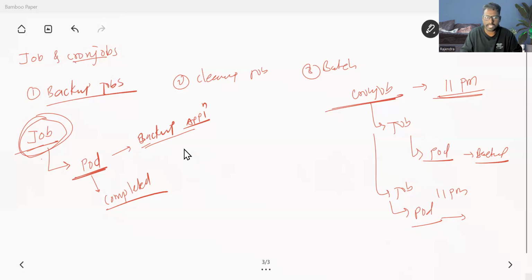We have some attributes that we should discuss. The first one is activeDeadlineSeconds. What is the use of activeDeadlineSeconds? Let's take an example of a backup job. It specifies the duration in seconds, relative to the start time, that the job may be continuously active before the system tries to terminate it. For example, let's say your job takes 2 hours. You created a job, your pod got started, the backup process started, and ideally it should finish in 2 hours. But due to some reason, your backup process got stuck